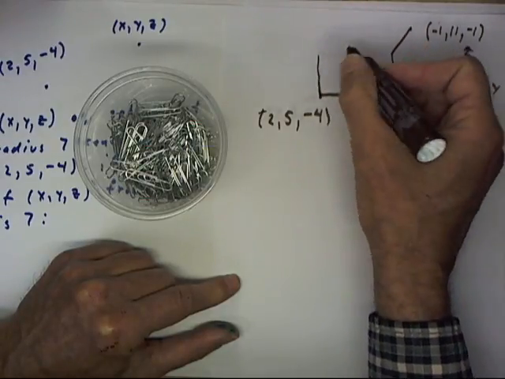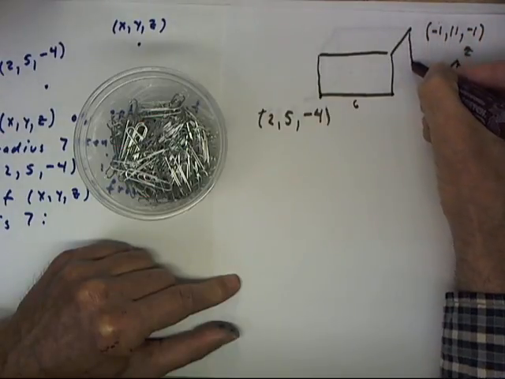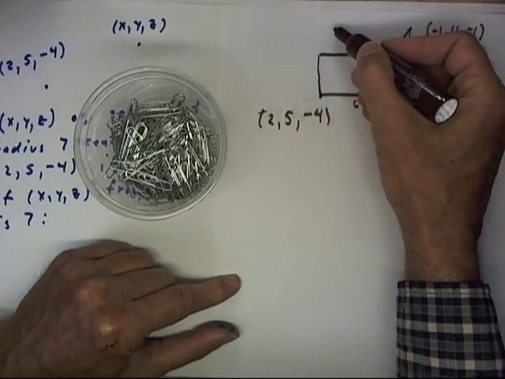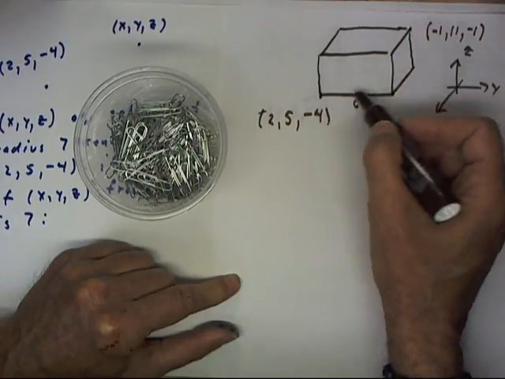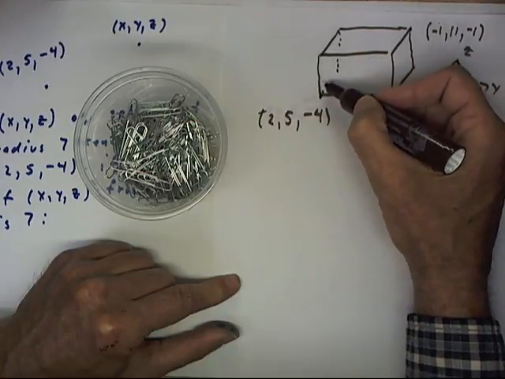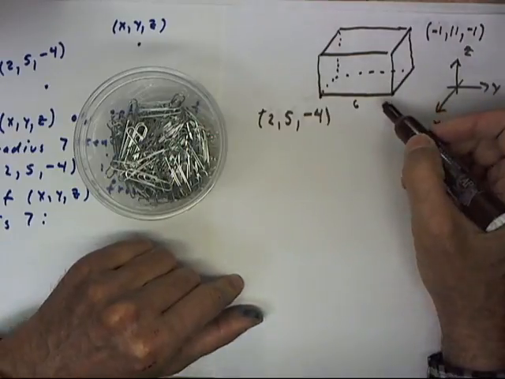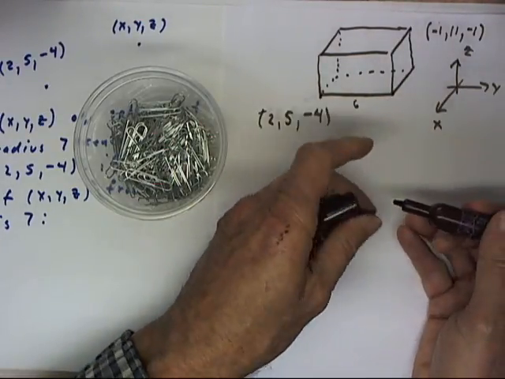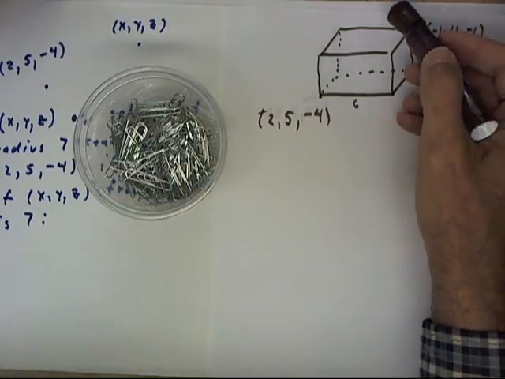To get a picture of how those displacements are oriented in X, Y, Z space, I'm simply going to complete a rectangular parallelepiped, a rectangular solid, to represent those displacements. Now, if we want to know how far it is from this point to this point,